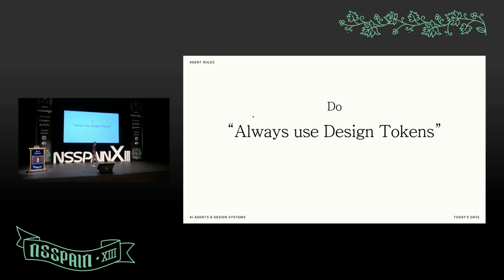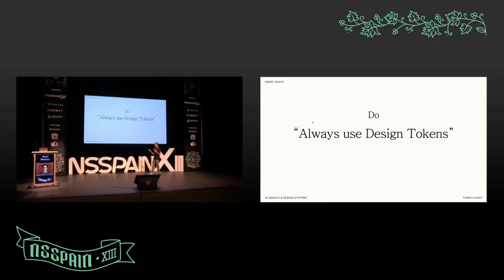For instance, always use design system tokens. If you're building dynamic UI or a white-label case, you don't want hard-coded information. You want to use your design tokens, because most of the time they're supported from Token Studio, Figma. You want to have that information in your tokens, and you want the AI to be able to fetch that information and properly use it.